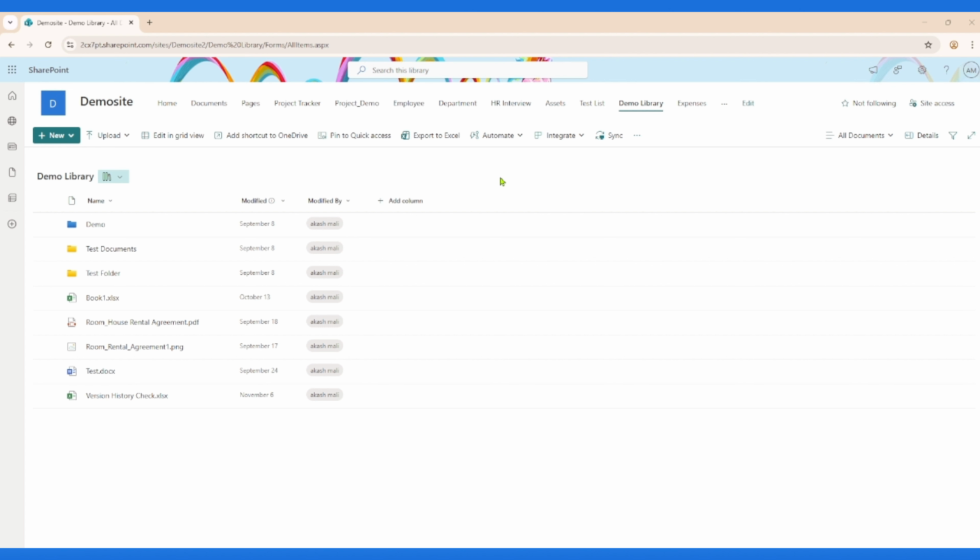Let's get started. Before we look at the new user interface design, let's quickly recall how the previous library looked. Here you can see an old interface. The new button was located on the left, allowing you to create folders, Office documents, or add templates. Next to the new button, we had the upload control, which allowed us to bring files or folders into the